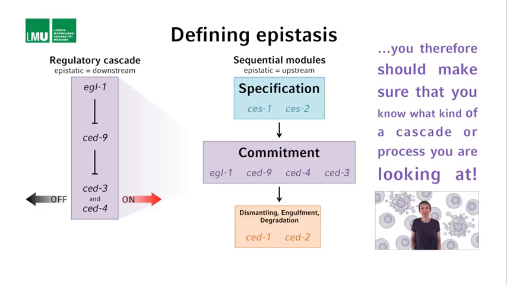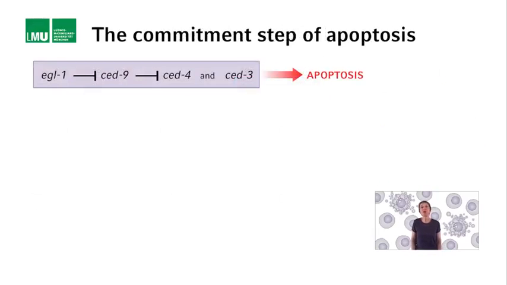And one note, the term epistasis is nowadays used by quantitative geneticists in a somewhat different way. It can be used to describe any non-additive phenotypic effects seen in individuals with a specific genotype. Now coming back to the genetic pathway of the commitment step. The loss of SET3 or SET4 causes a general block in apoptosis, and they both act downstream of SET9. For this reason, the order of these two genes could not be resolved,